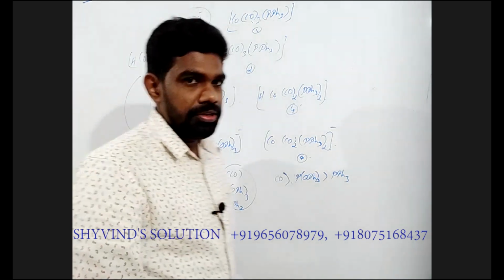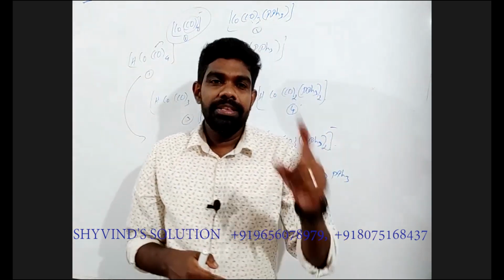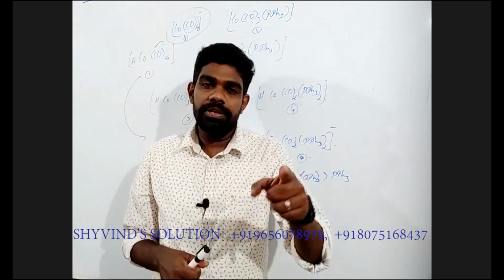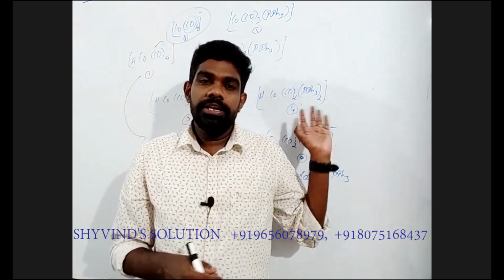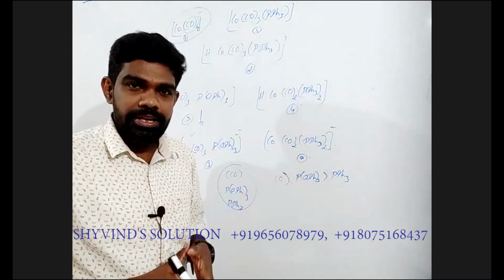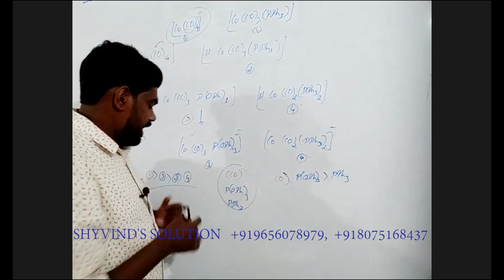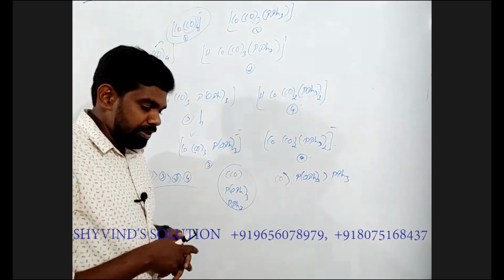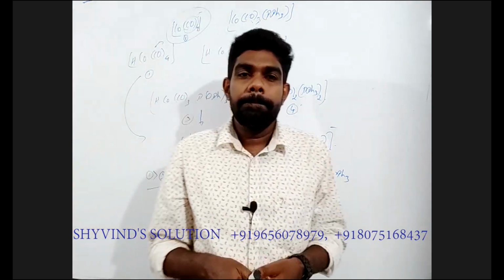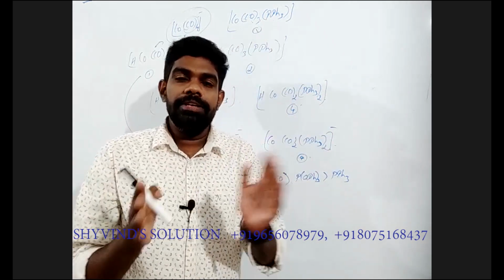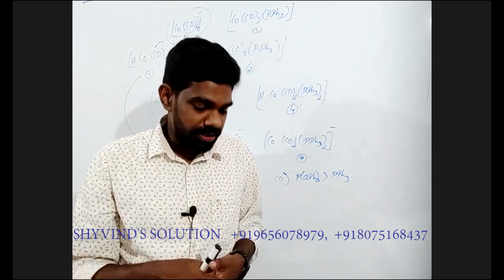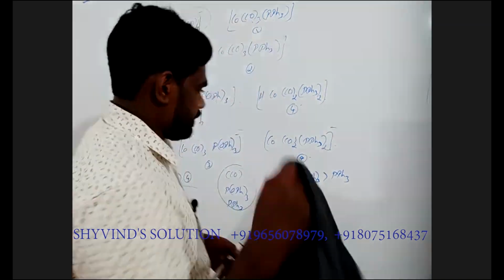Okay, so if that is the order of stability, then that will be the order of acidity also. If the anion is more stable, then the corresponding species will be more acidic. That is the idea. So this is the order of acidity in this molecule. Now, how can we compare the order of acidity and pKa value? That is the question we should ask now.